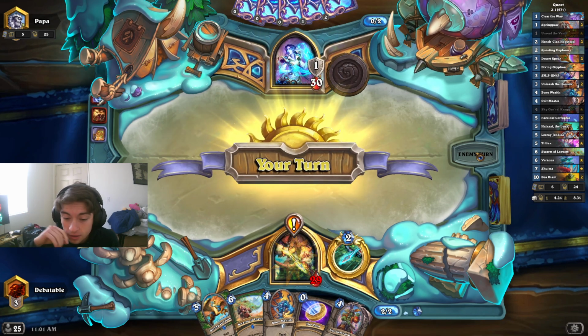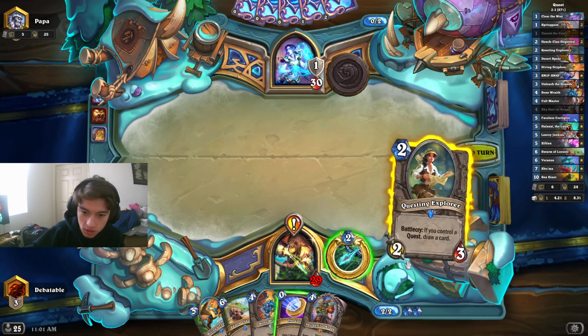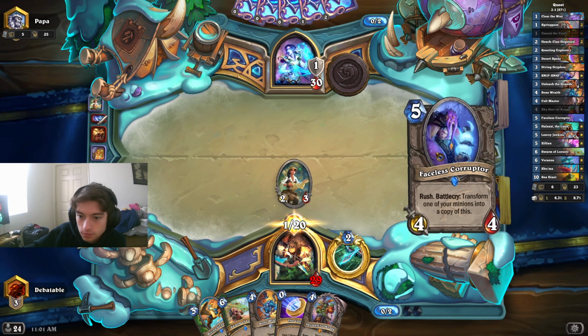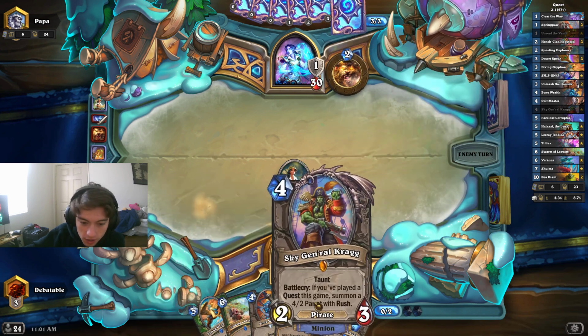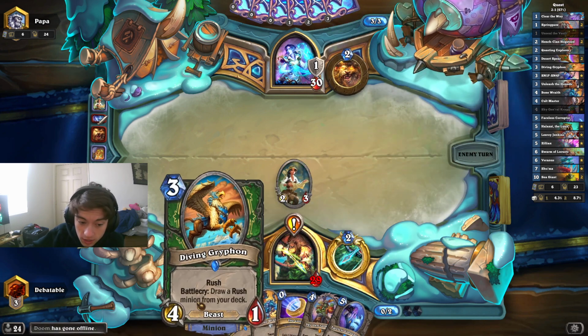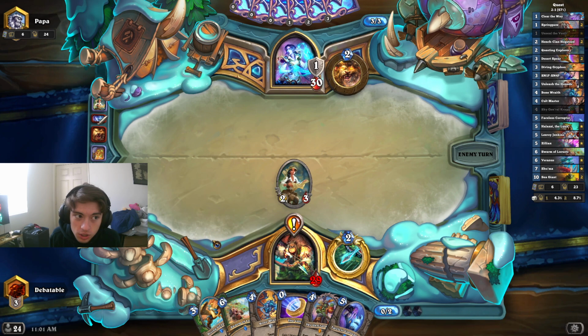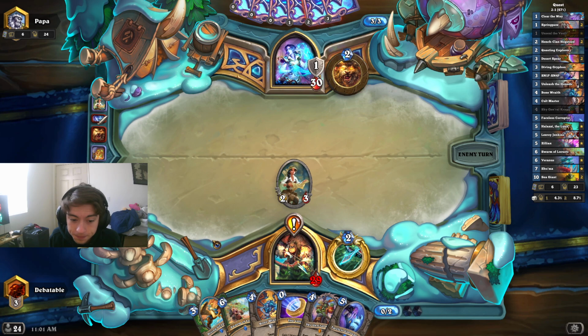Can I capitalize on this? Oh my goodness, we drew Questing Explorer. Holy moly, that actually pops off. Then we have a turn 3 and 4. Or we coin this out and save this to rush it into something big later. I mean, if he plays a minion, I can rush into it. So it's fine either way, but...